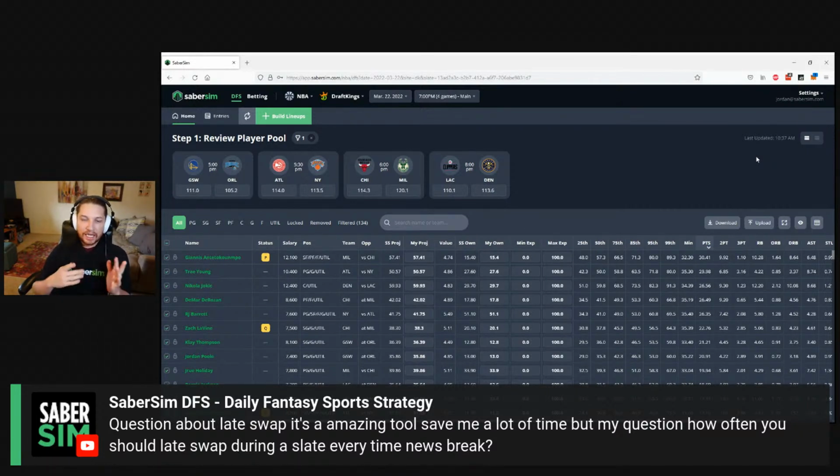Now, if you are comfortable with it, I think you can add a little bit of your own judgment there, right? Especially on slates with a ton of games. There is a big difference in value added from a single minute projection changing to a star player getting ruled out. And there are a variety of different ways you can go about figuring out for yourself what has changed here.